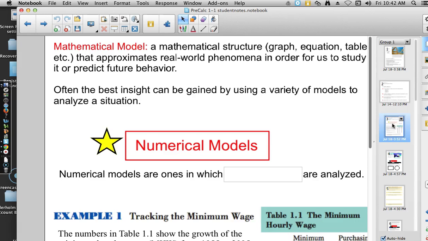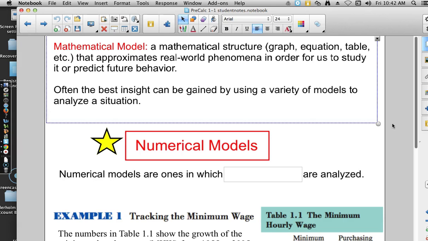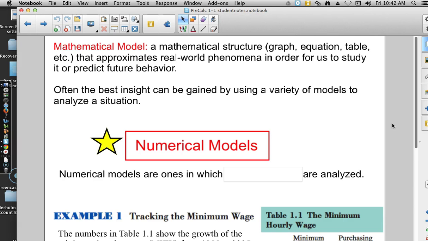So a mathematical model is a mathematical structure, graph, equation, table, etc., that approximates real-world phenomena in order for us to study it or predict future behavior. That's what we want to do with math. We want to be able to say, this is the trend that we see, and this is what we believe will happen in the future. And as it says, often the best insight can be gained by using a variety of models to analyze a